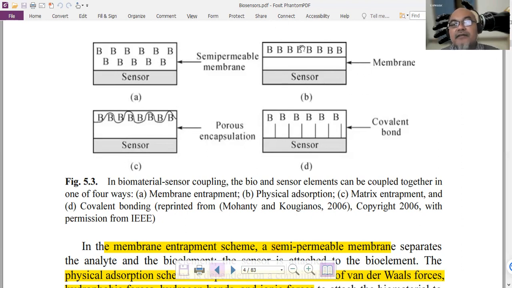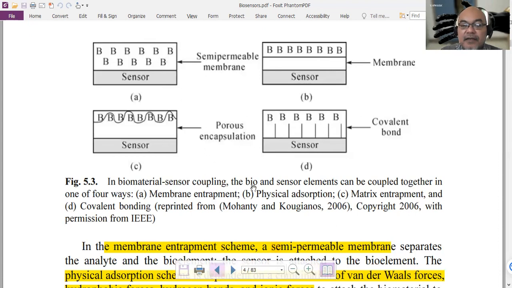Then we have the membrane type of immobilization, where the biomolecules are contained within the membrane, and the membrane will only permeate the analyte of interest into the space between the membrane and the sensor, where the analyte can then interact with the biomolecule, and the biomolecule cannot escape to the outside. Then finally, we have